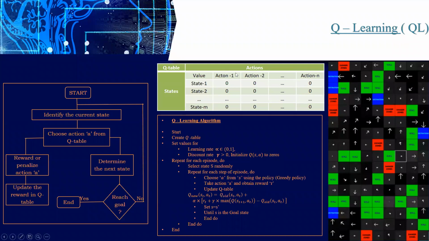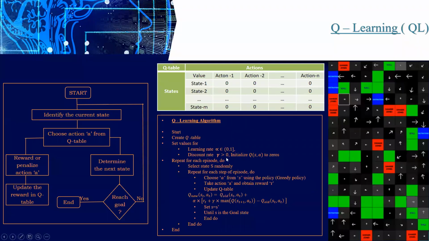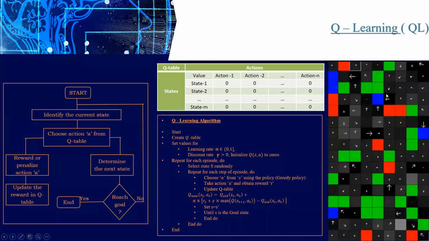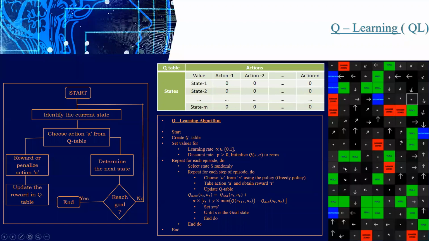For example, here we have left, right, up, down, right. We have to take all the four actions, and we have to identify what is the better or maximum value in this particular state. Depending on the maximum value, we have to update this value from 0 to some 0.1, 0.2, 0.3, like that. So we have to repeat this process again and again. At the end of the day, we will get the optimized Q table. This optimized Q table is nothing but the knowledge base. Okay, so we are just learning this table depending on different scenarios.